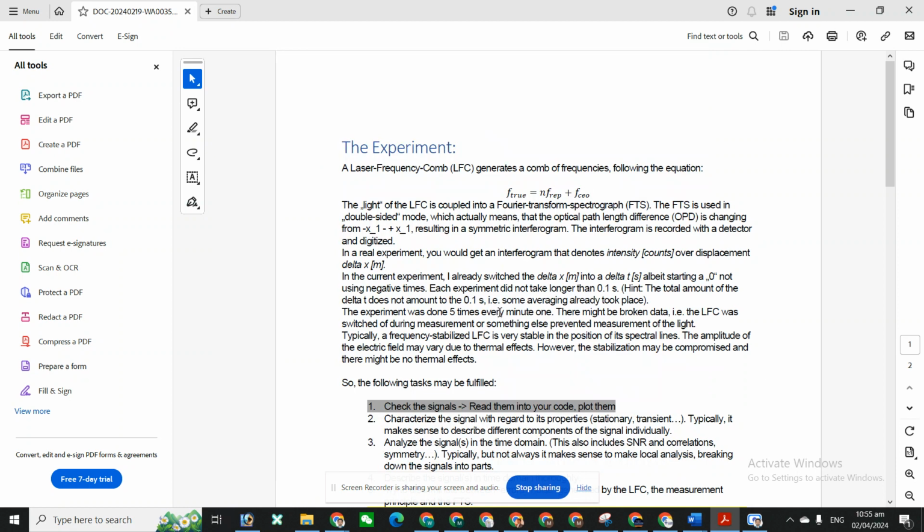Hi, today we will discuss a laser frequency comb (LFC). An LFC generates a comb of frequencies by the following equation: f = n·f_rep + f_CEO. The light of the LFC is fed into a Fourier transform spectrograph (FTS), and the FTS is used